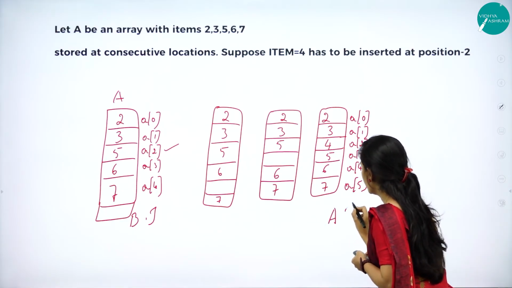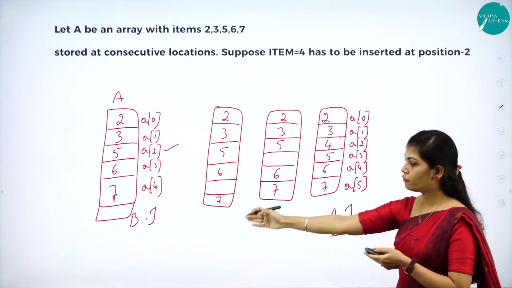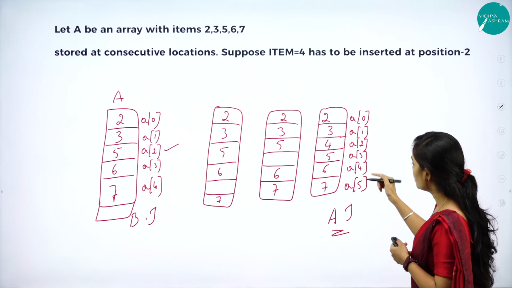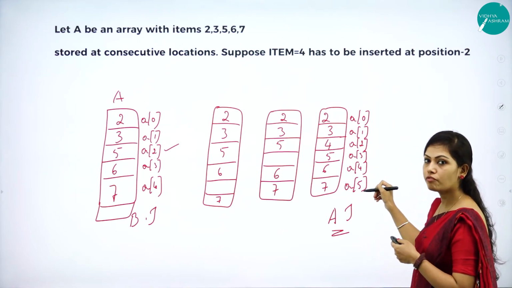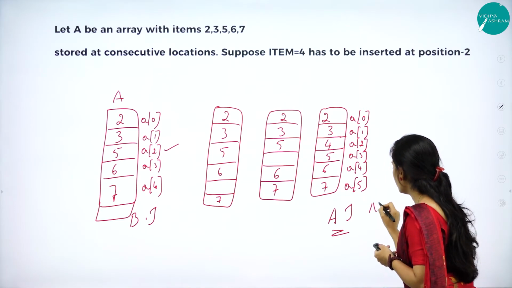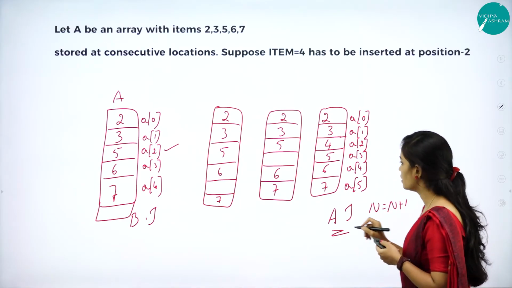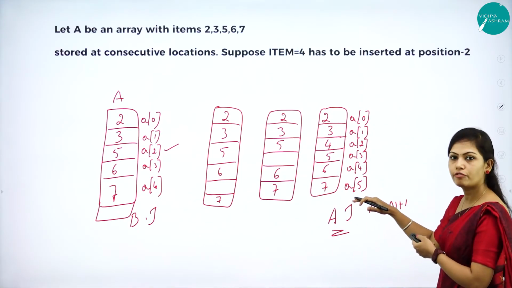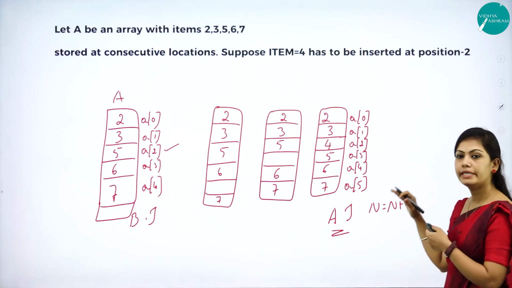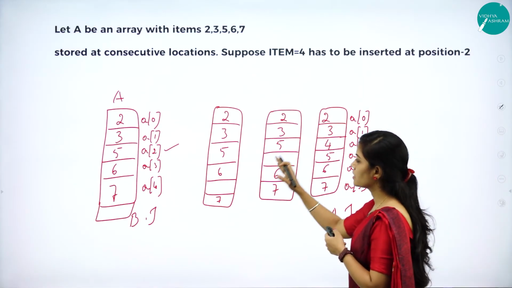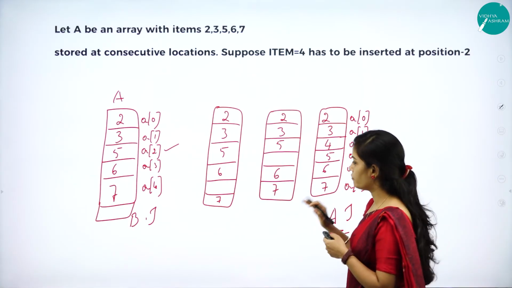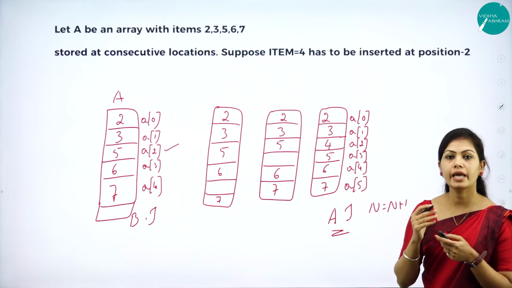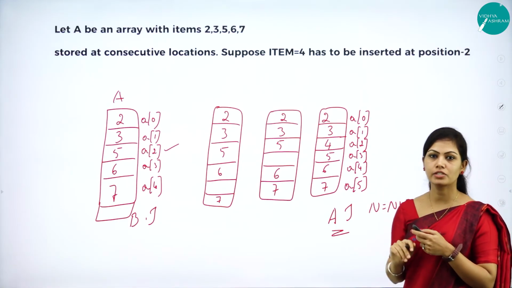This is after insertion. That is before insertion. You can observe the before insertion and the after insertion. Now the position value will be incremented, so n will become n plus 1. Before it was till A of 4, right? Now it is till A of 5, incremented. n is equal to n plus 1. This is called the insertion operation. In every step we have to move back. You will get one new position for allocating a new item. This is called the insertion operation.